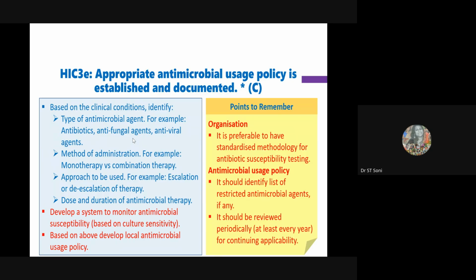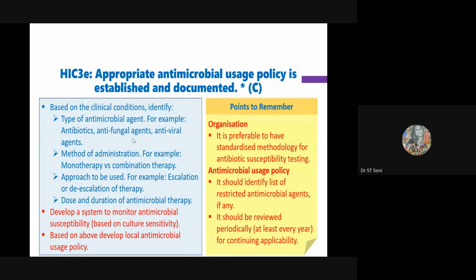And if you want to learn more about it, you can download the antimicrobial uses policy or the standard treatment guidelines, which are being given by the ICMR. Okay, so ICMR guidelines are already being published for it, and you can see that your own hospital is following it,